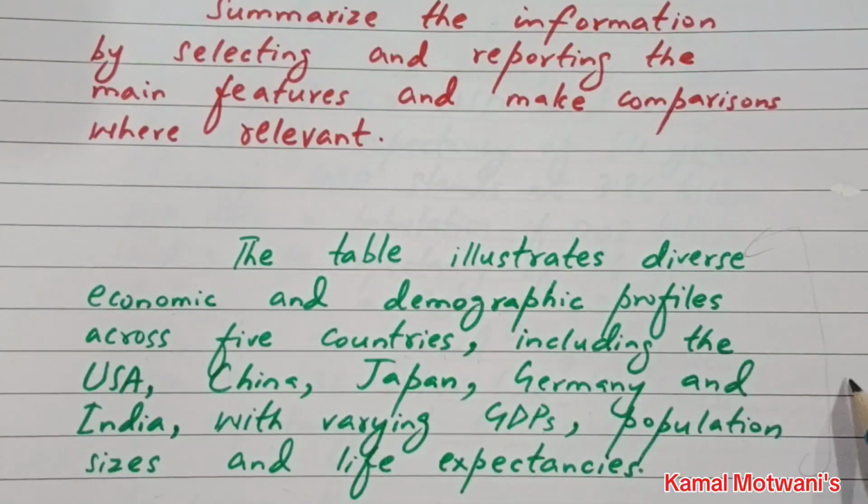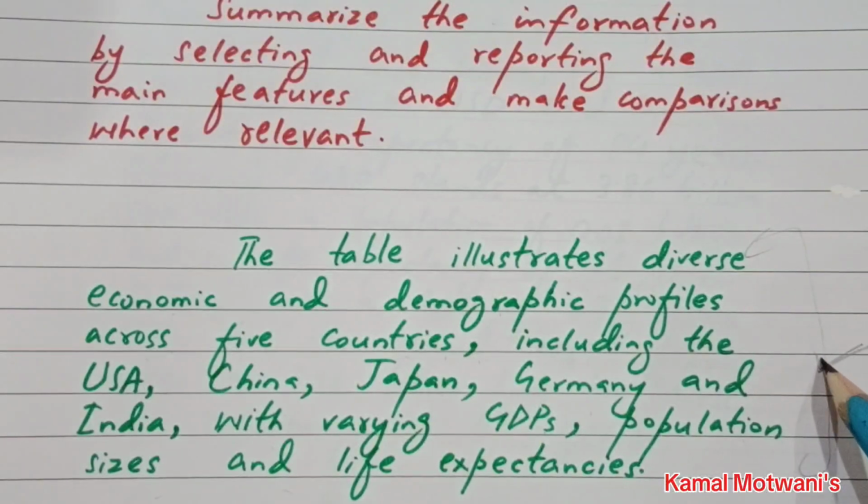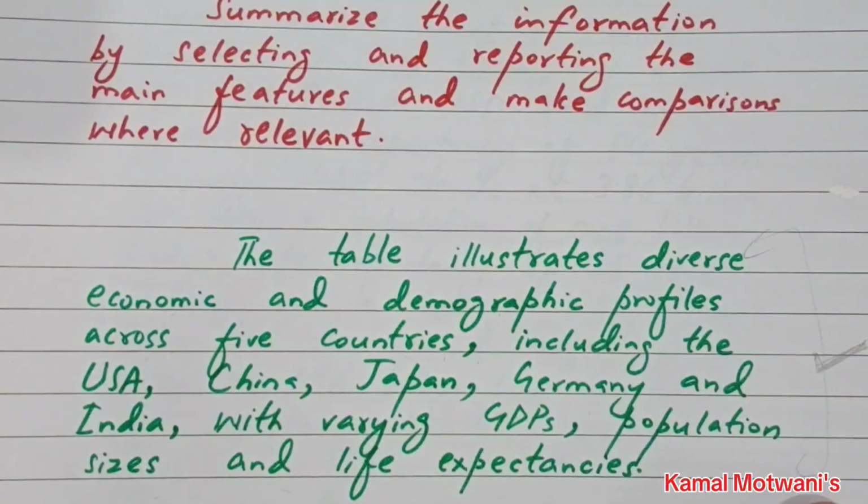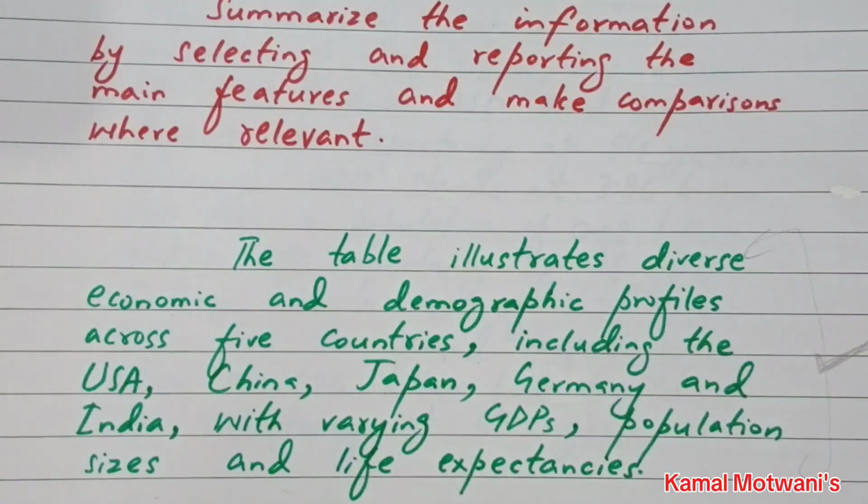This is the most authentic and accurate introduction, and the most authentic and accurate way of writing a comprehensive introduction in a writing task 1, where I have knit the variables like GDP, population, and life expectancy, and the names of the countries and their profile in such a beautiful manner that they depict a comprehensive view. You can reread it, and you can see how beautifully it is written.